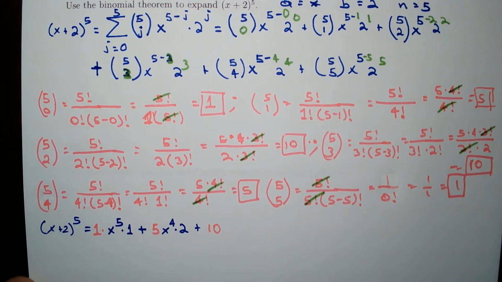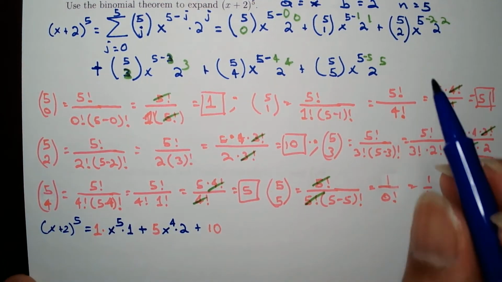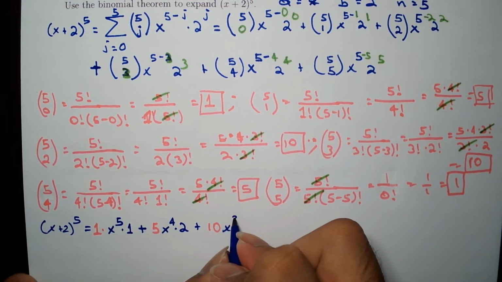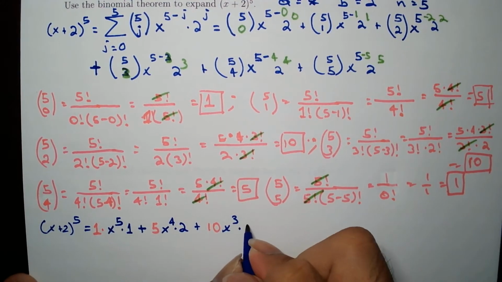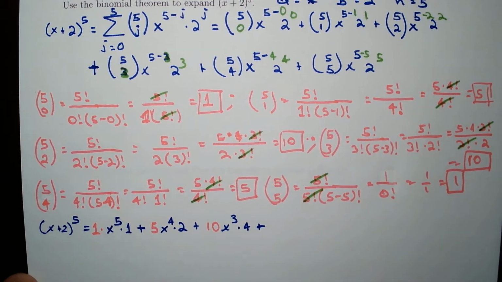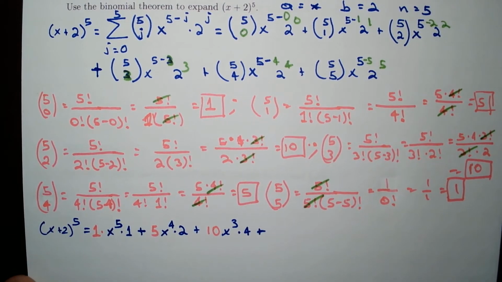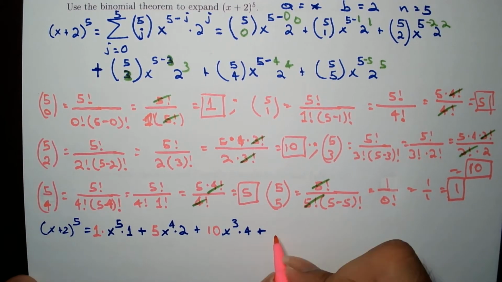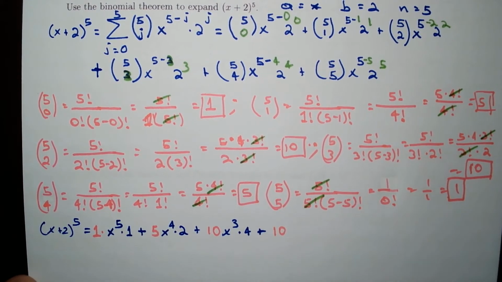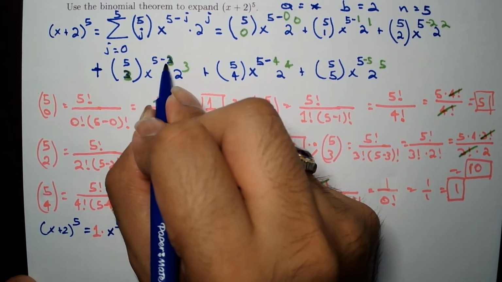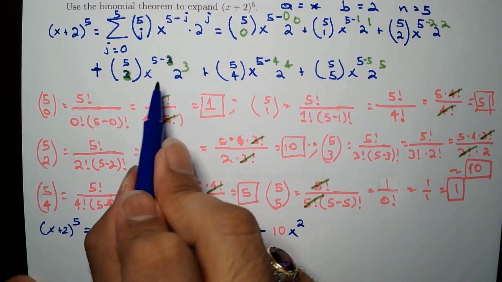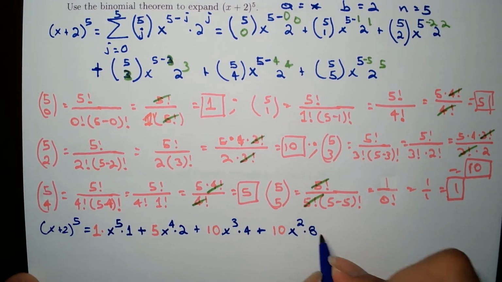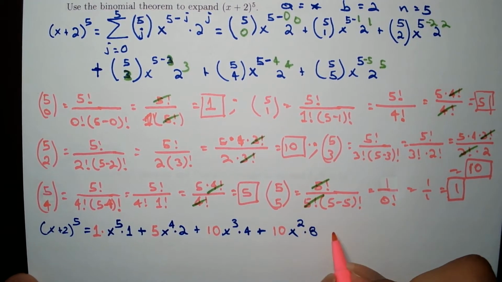Alright, in this case this is 10. And this is x to the 5 minus 2, which is x to the 3rd, 2 to the 2nd, which is 4, plus another 10, which is the 5 choose 3, times x to the 5 minus 3, which is 2, and 2 to the 3rd, which is 8. And then plus